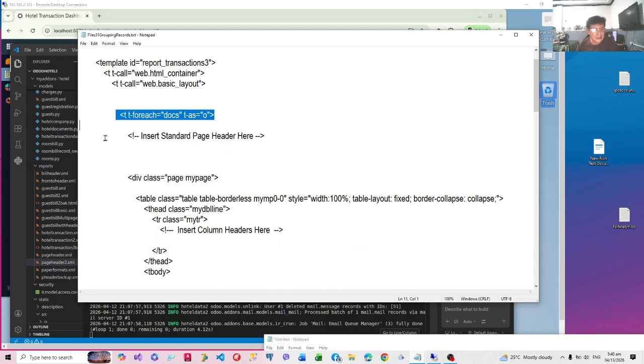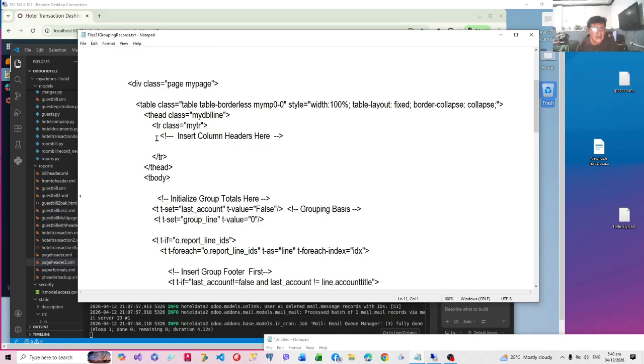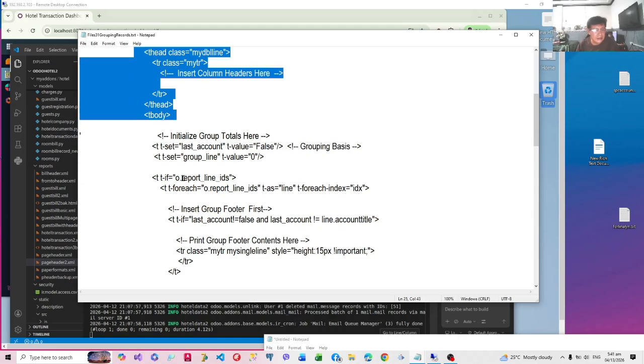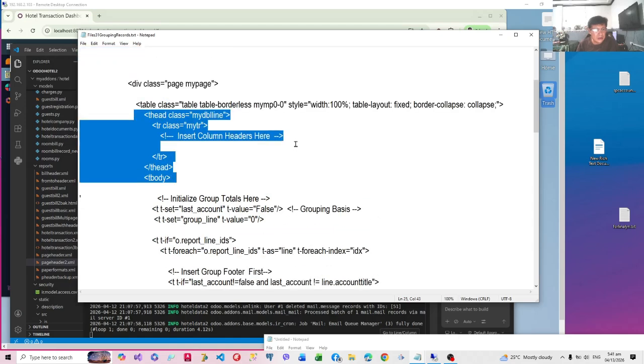So we'll be inserting the page header here with a period of date from and date to, and then this is our main contents. And then which will have our standard header, the column headings, the usual way. We will start it with a table with a header with a T head. And then we will insert the group totals.